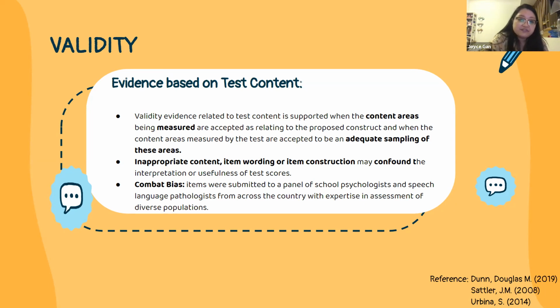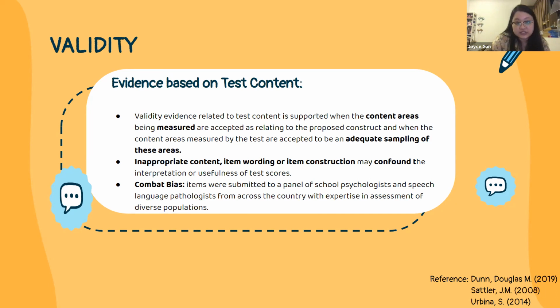So as the PPVT-5 measures word knowledge, specifically indicated by the performance of receptive vocabulary, biases may occur if a test item references a situation that is unfamiliar to an individual from a specific cultural, ethnic, or socioeconomic group. Hence, there are concerns regarding gender biases, ethnic and cultural bias. So in addition to carefully constructing items to limit possible test bias for individuals, items were also submitted to a